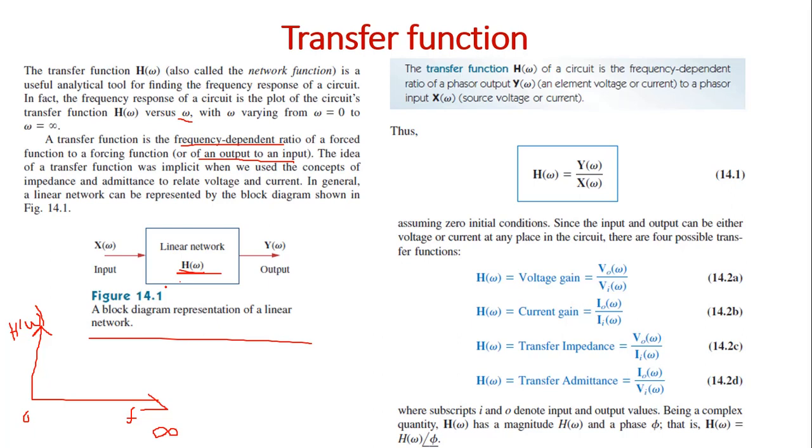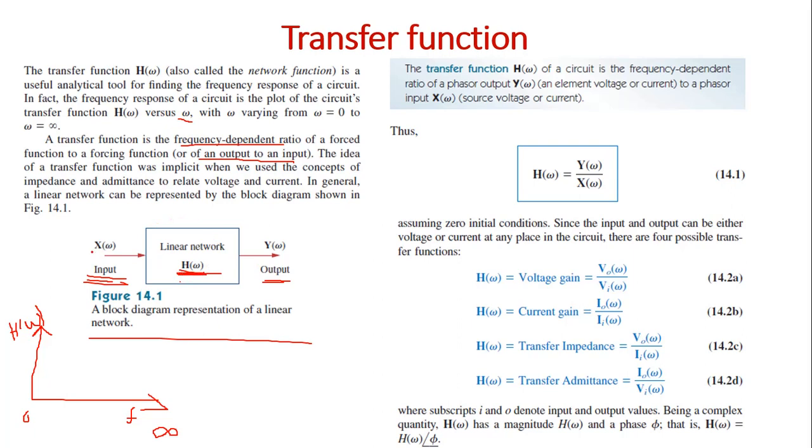To an electrical circuit we will always have an input, which is nothing but the source. It can be a voltage source or a current source. So the input denotes the source given to the electrical circuit. And the output denotes the voltage or current in some part of the circuit. Let's say we measure the voltage across this particular inductor, then that becomes the output of the circuit. So here the electrical circuit is represented by H of omega.